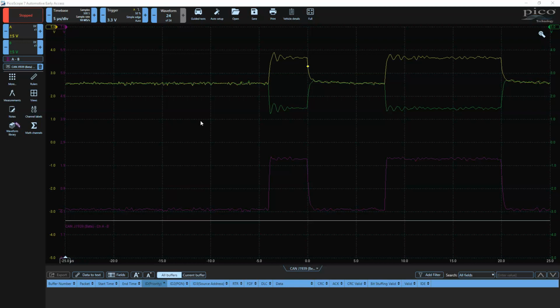So this is termination. This is the passive termination. And to review, the reason that it's there is for this decay time, so that we can pull from a dominant bit down to a recessive bit very quickly. I need to be able to